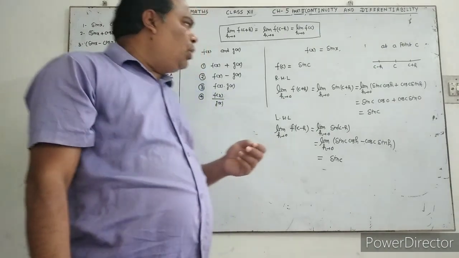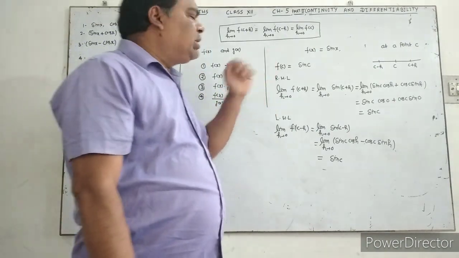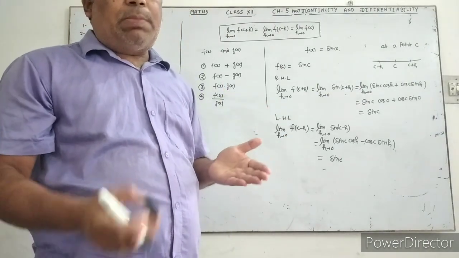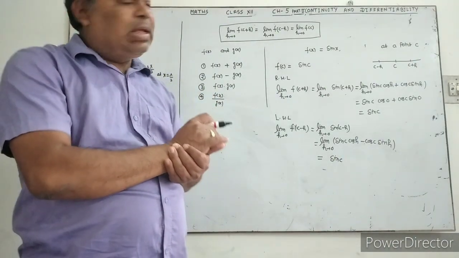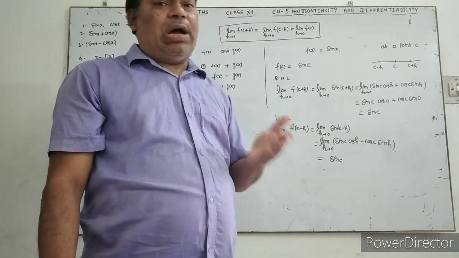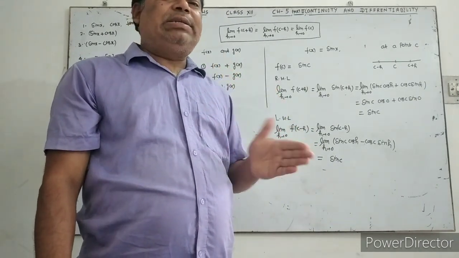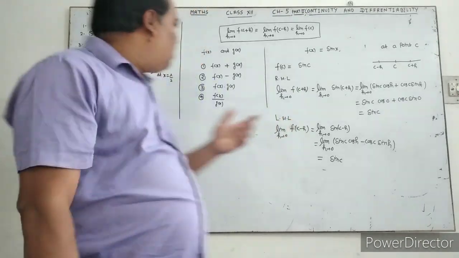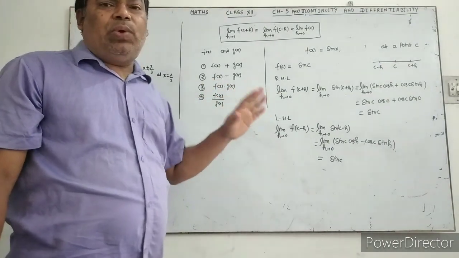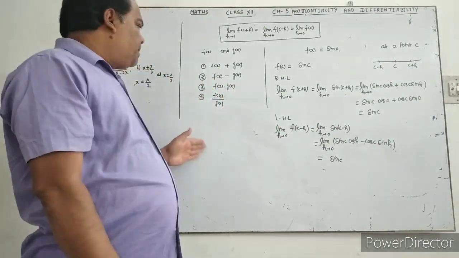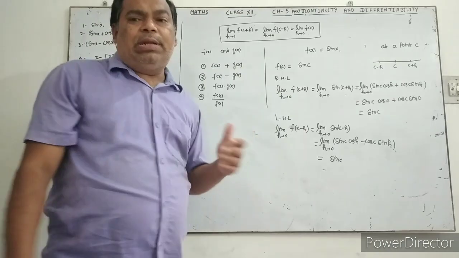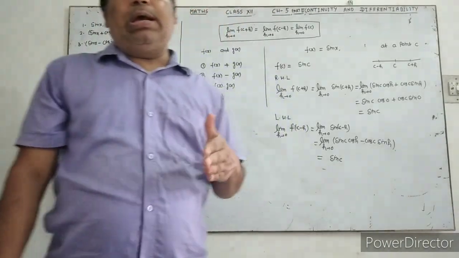Understand? Now, similarly, you can prove cos x is a continuous function. Then sin x and cos x are continuous functions. Then the sum of two continuous functions is also a continuous function. Then sin x plus cos x is continuous. Sin x minus cos x is also a continuous function. Then sin x upon cos x is also a continuous function by the theorem. And sin x into cos x is also a continuous function. Understand? Now we discuss some more examples related to continuity.